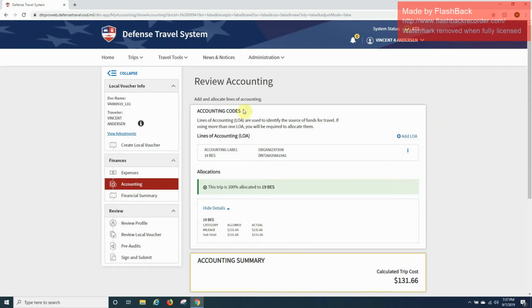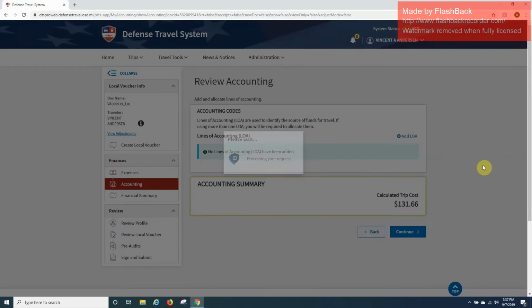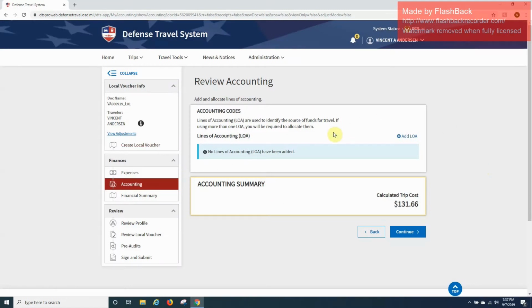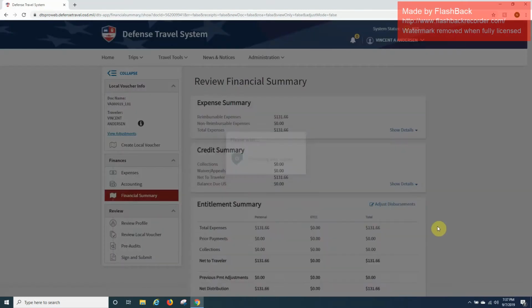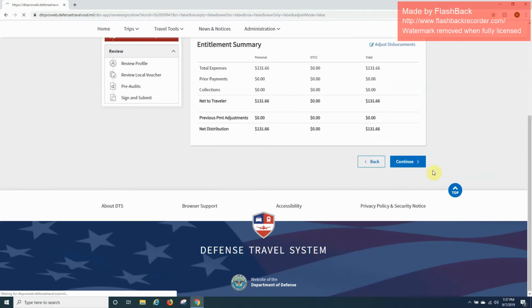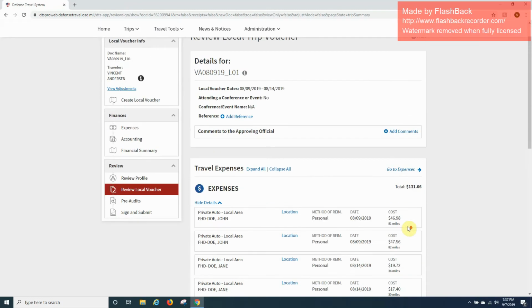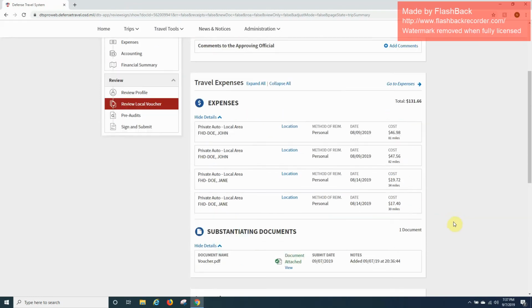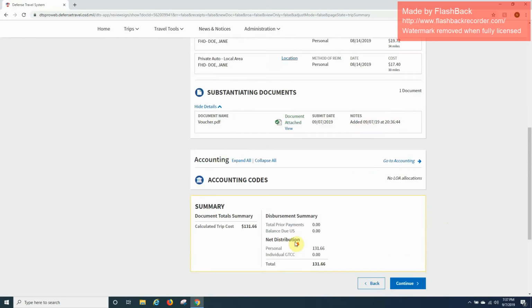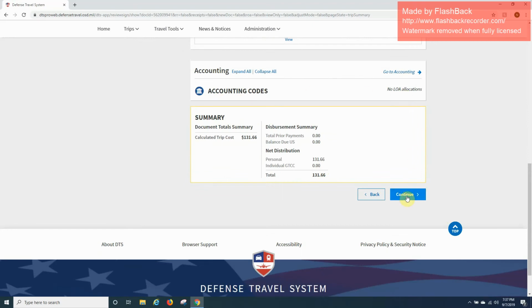Okay, so see here you have a line of accounting. You actually need to go in there and remove that. If you send through a voucher that has this, it will immediately be returned. Alrighty. Don't worry about all this. Alrighty. So this is another good way to verify that everything is correct in here. You need to come over here to location, click on all of these to make sure that your information is correct. You can make sure here that the dates and all that is showing up correctly. Once you are good, you see no LOAs, come down here to continue